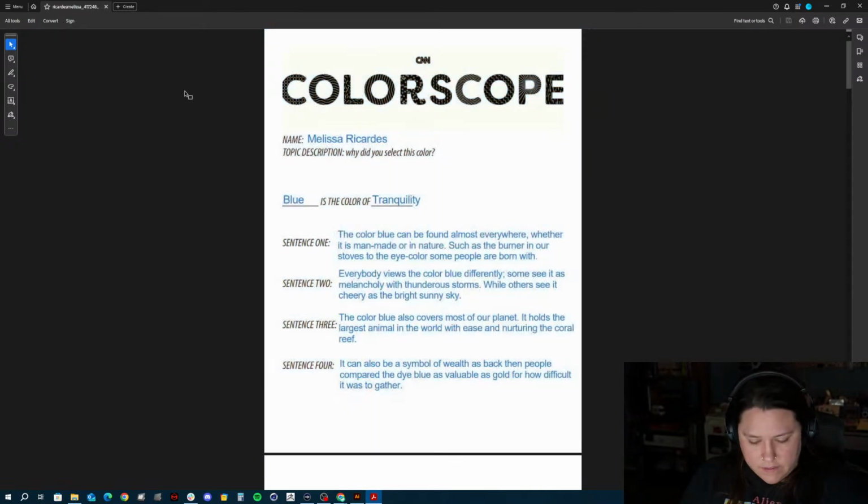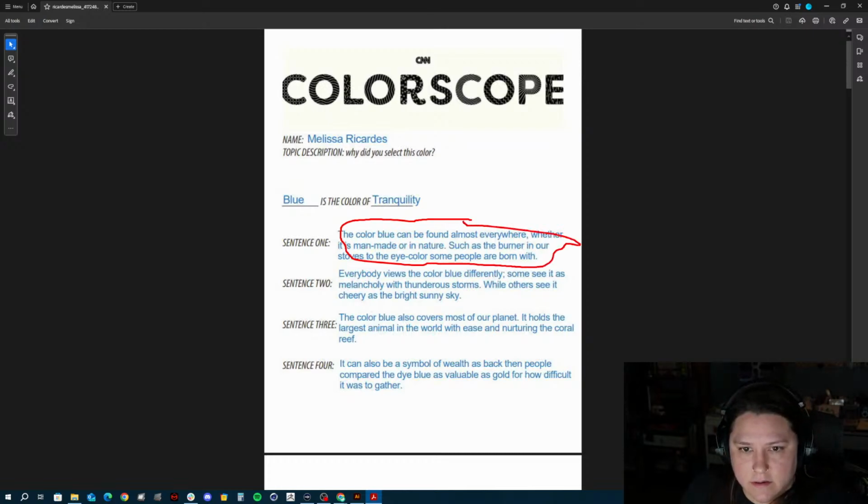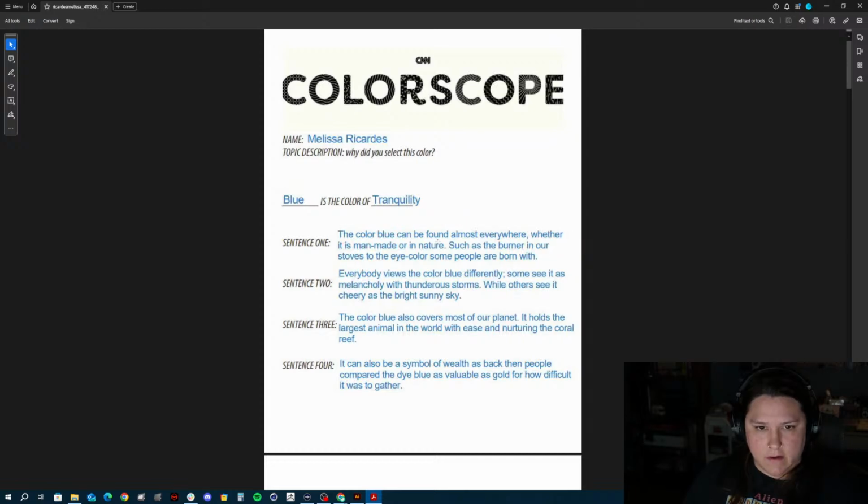I can't edit it. So let me do this. The color blue can be found almost everywhere, whether it's man-made or in nature. Maybe you could rewrite this so it's one singular sentence and not 2 sentences, right? So I would do that because I like this fact, such as the burner in our stoves to the eye color some people are born with. Okay, the color blue can be found almost everywhere. So I would take out this section right here, whether it is man-made or in nature. Blue can be found almost everywhere, such as a burner in our stoves, or no, you can have 2 to the eye